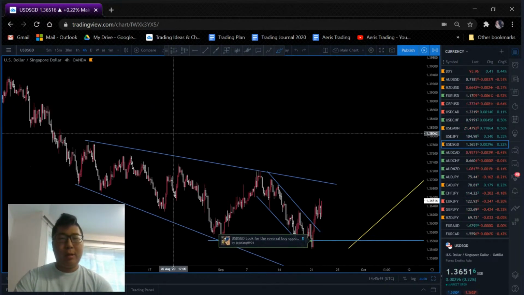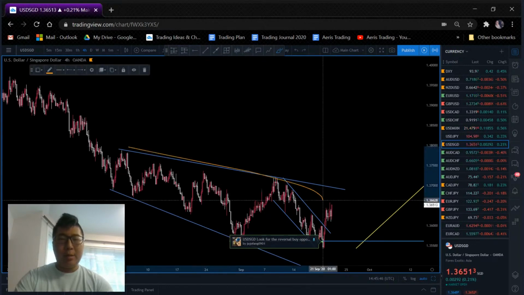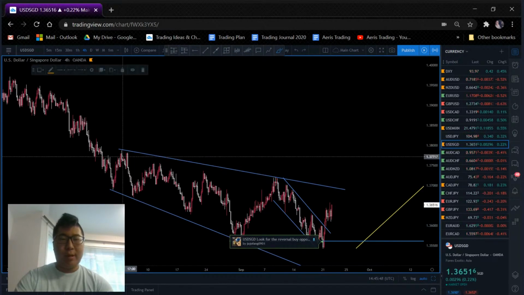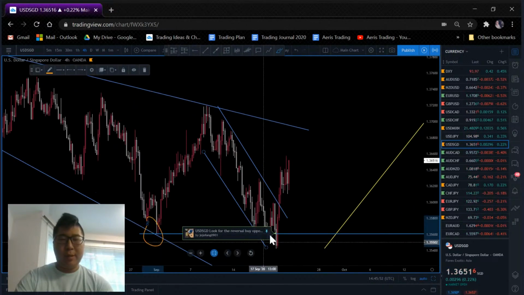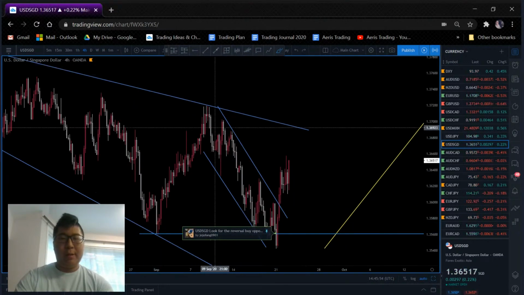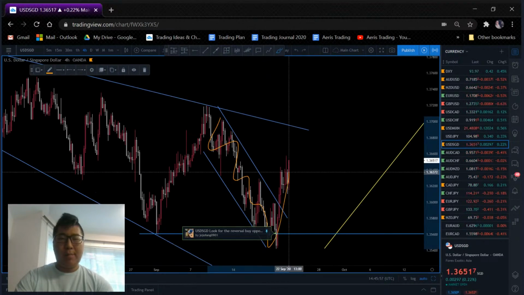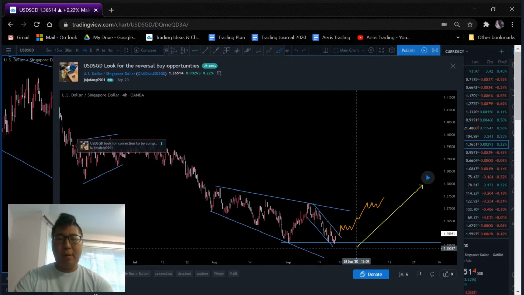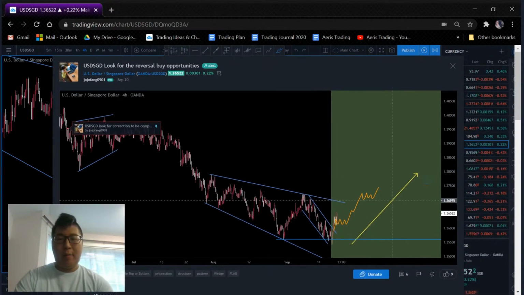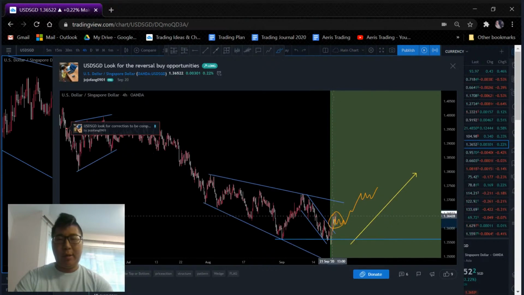So looking at dollar Singapore dollar, I like this overall flat structure. Price is correctively moving in this area. And if we look down a little bit, we had this recent double bottom. Okay, we have this descending channel, and then price popped to the upside. And this is what I said, look for a reversal buy opportunity, right? Looking for price to pop up out of this descending channel and then form a correction. So it's already consolidating here, good. That's what I mentioned in the analysis. There's either a buy opportunity here, or you wait for the breakout and then look for a buy here for